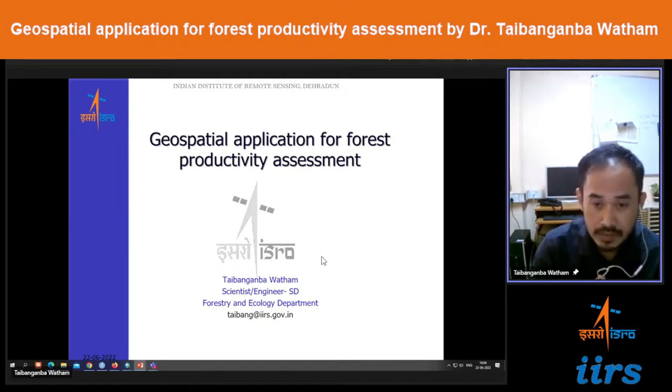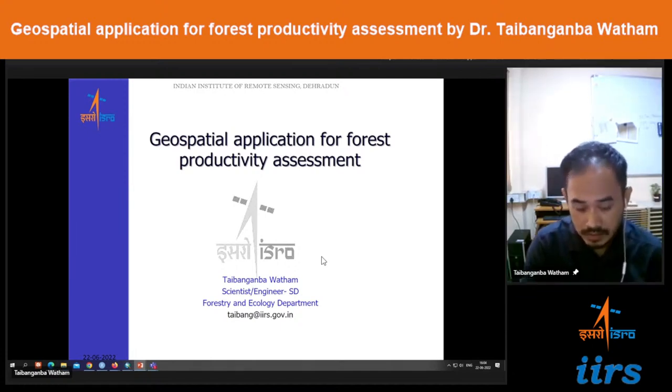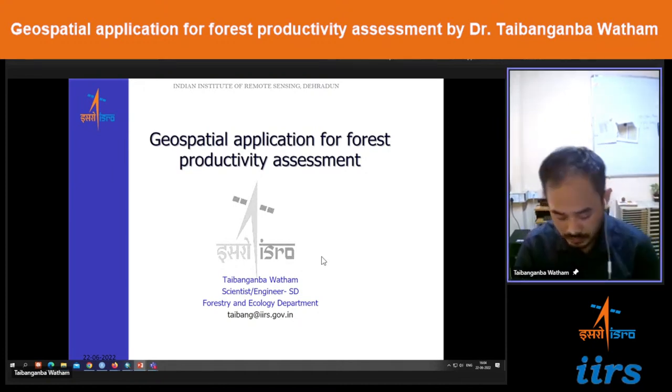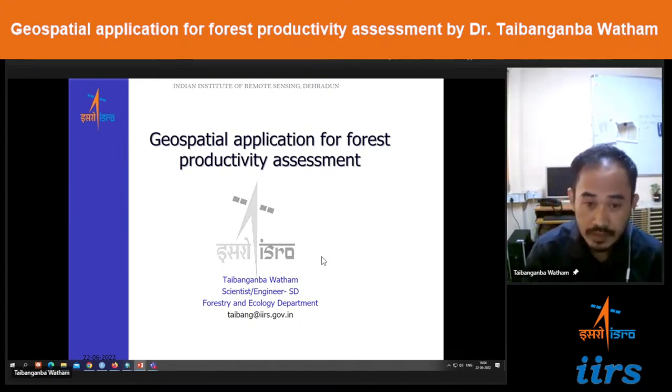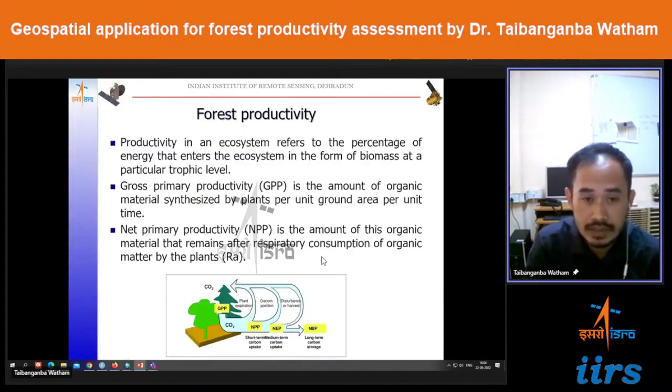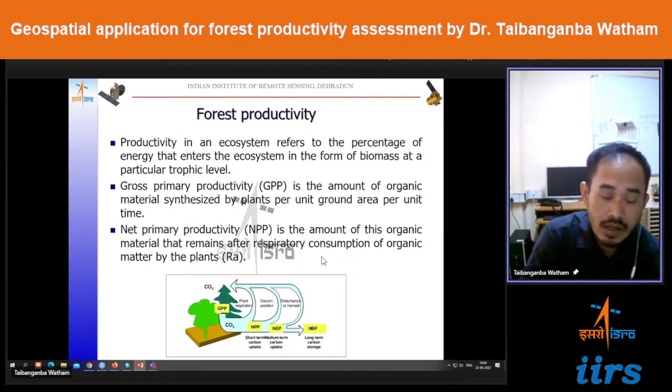So today we'll be mostly talking about how we can use remote sensing satellite data and some ecosystem models in order to assess forest productivity. Before going into how to assess forest productivity, we can first try to understand what we mean